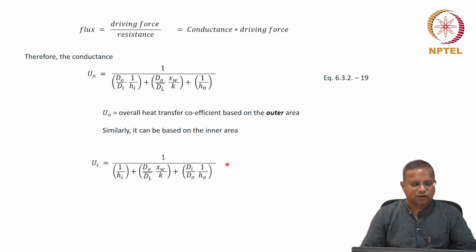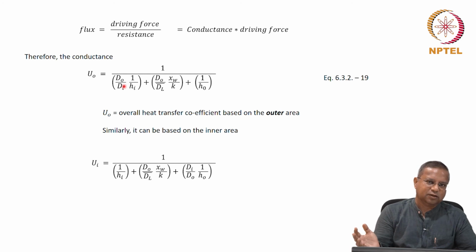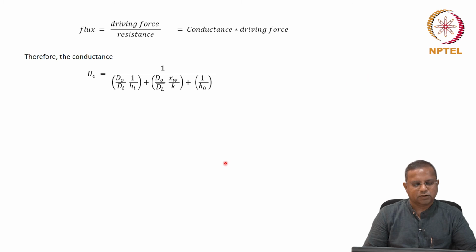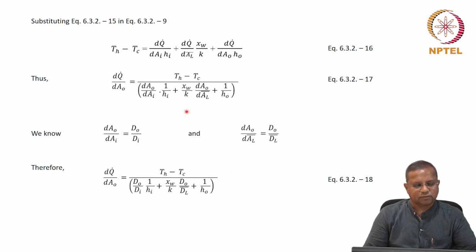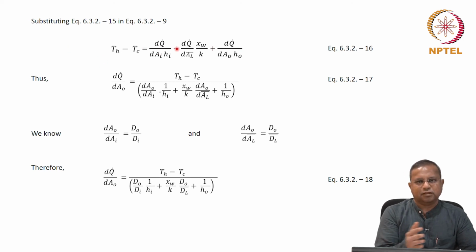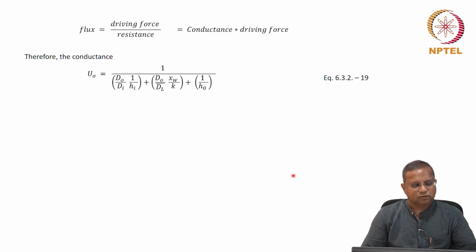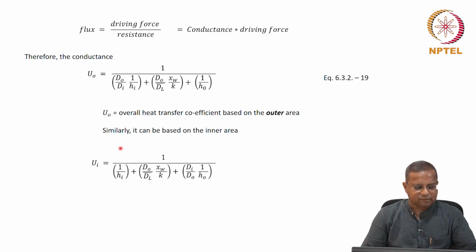Similarly, it can be based on the inner area of the inner pipe, as if you pull out the corresponding different areas. We pulled out this area here. If you recall, we had written it in terms of, we had pulled out dq dot dAO out. Instead, you could pull out dq dot dAi. Then the other things need to be written in terms of these aspects. That is what is meant by the other approach there. So, you could do that also. It is just a different basis.